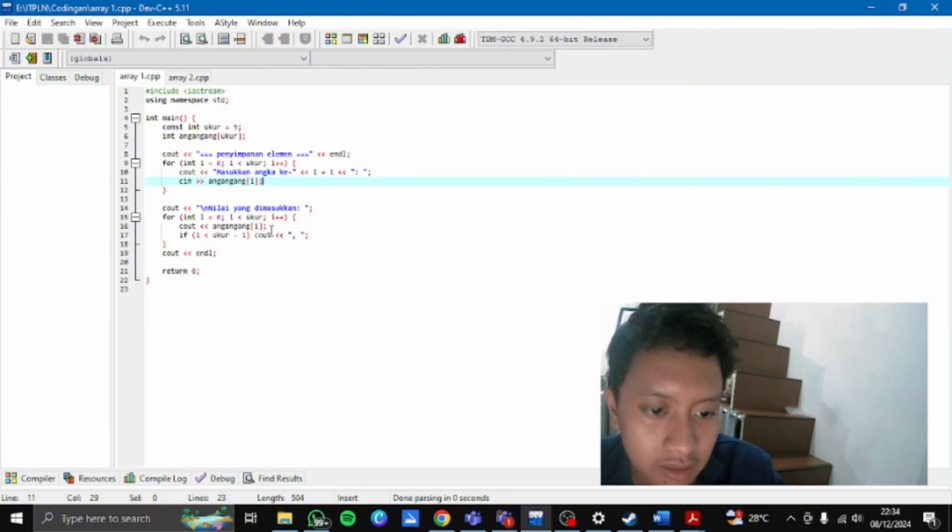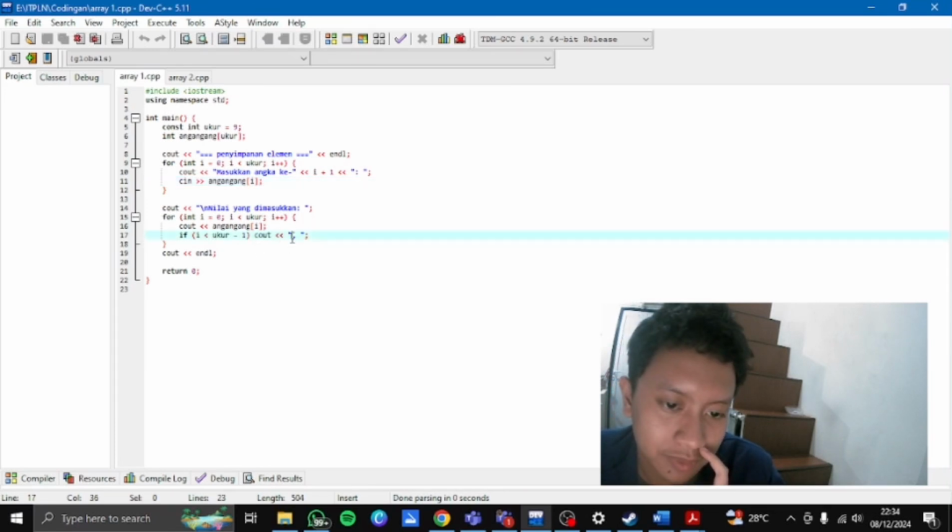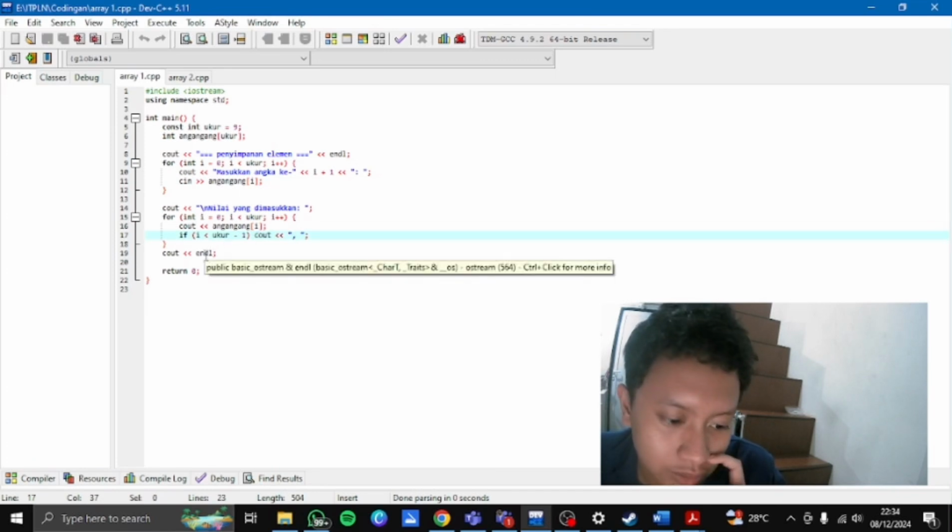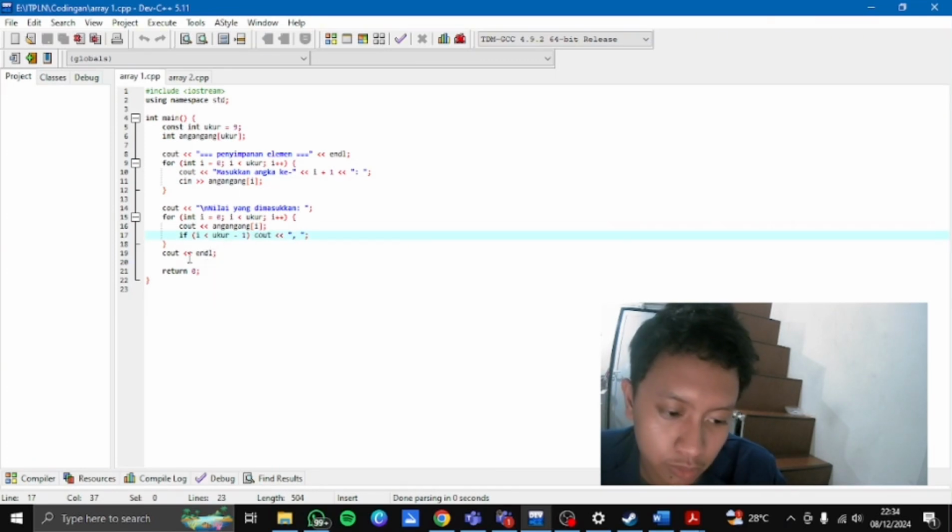And then the if adds a comma after each number except the last one to format the output. And the last one, cout endl, moves to the next line after printing all the numbers.